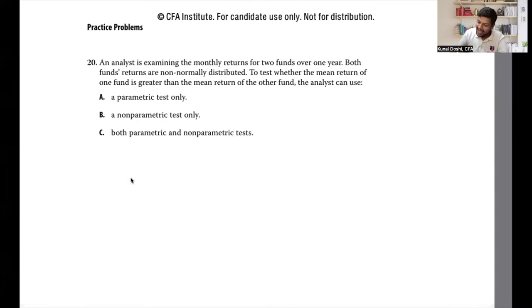Next, an analyst is examining the monthly returns for two funds over a year. Whenever there are returns for two funds, which test is it going to be? Normally, if it meets the parameter, you have a t-test, paired comparison, or pooled estimated test. Both funds' returns are non-normally distributed. To test whether the mean return of one fund is greater than the mean of another, the analyst must,